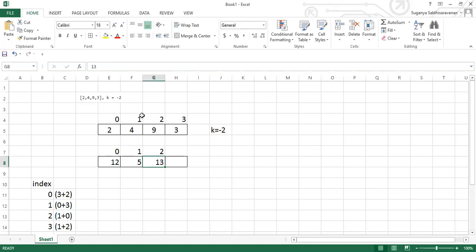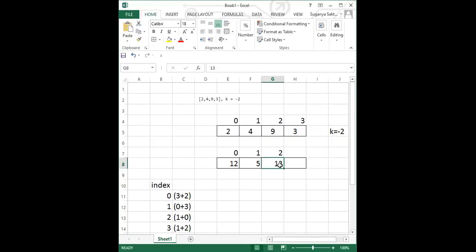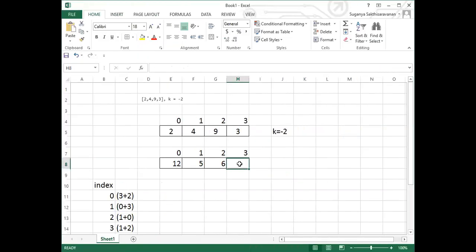We wrote it wrong. So we'll get a value of 6. Everyone is quiet today. Respond to me. And the next value, the third index, is 9 plus 4. It is all about 13. So this could be the answer.